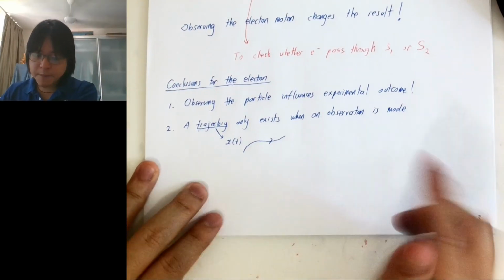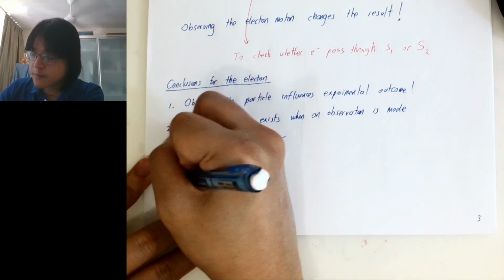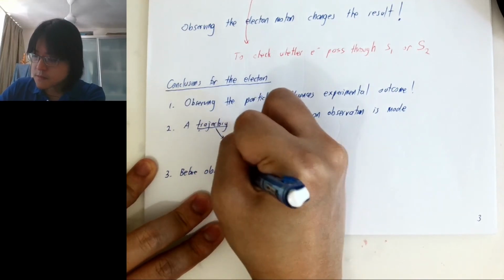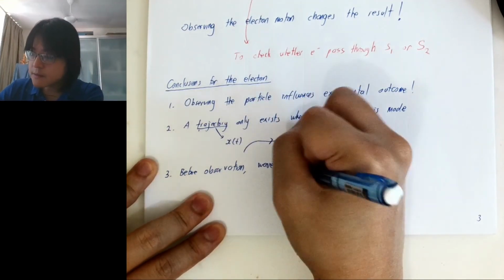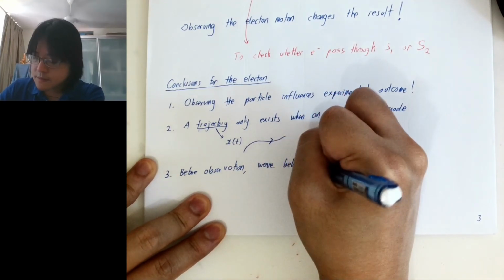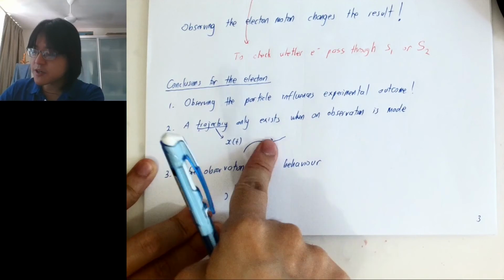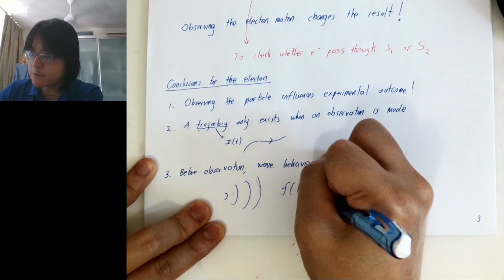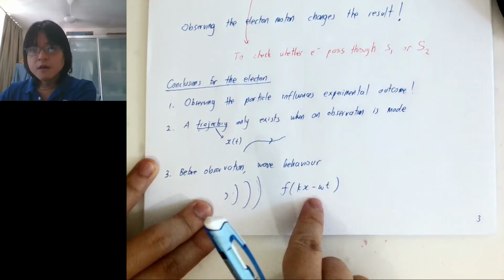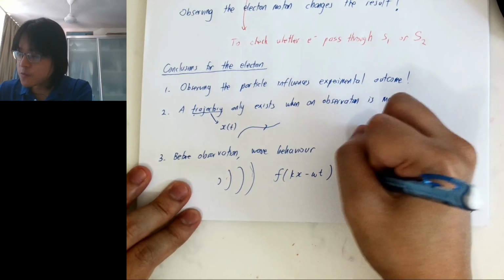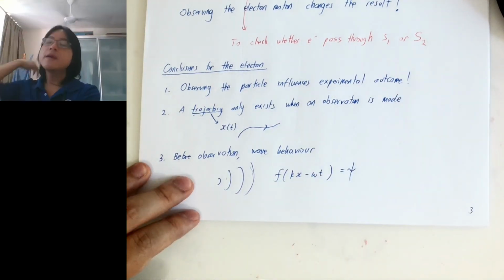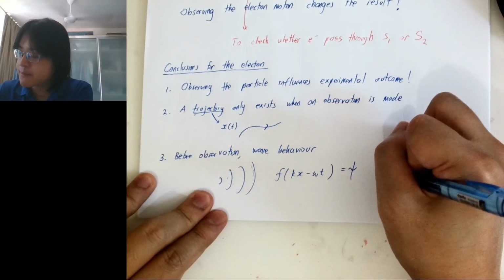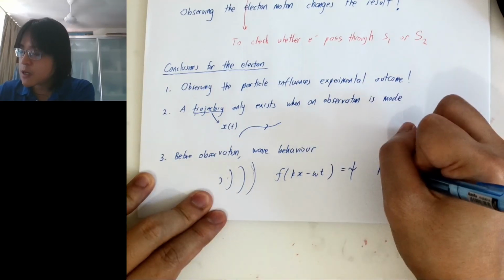And then before observation, we got the wave behavior. So instead of this trajectory, we got the wave behavior. And if you recall, wave behavior is given by the wave equation. Now we know that we will call this our wave function. The wave function squared is a probability, but the wave function itself, we will give it a name just to be convenient to refer to something. We call it a probability amplitude.